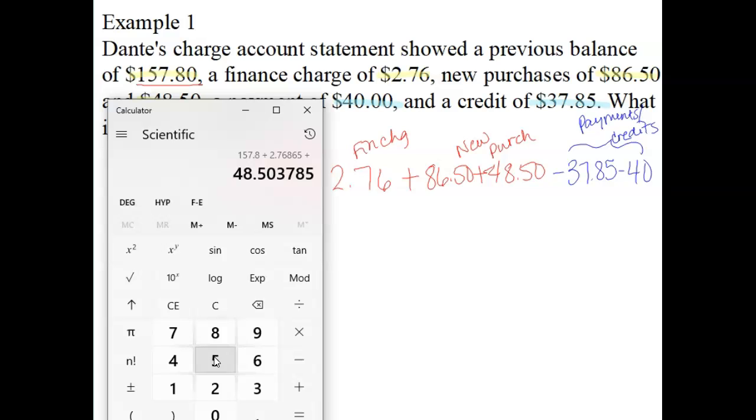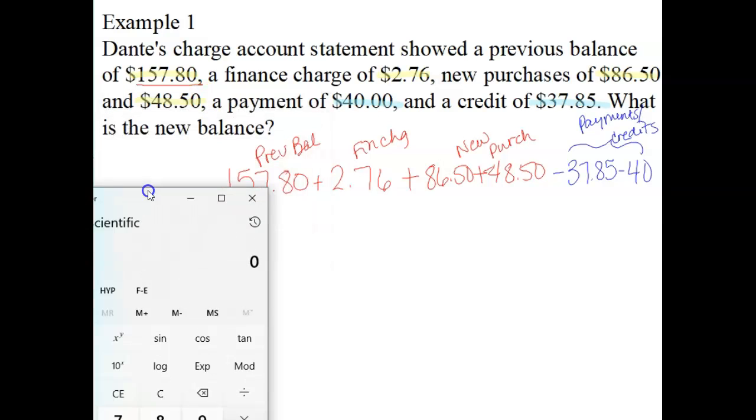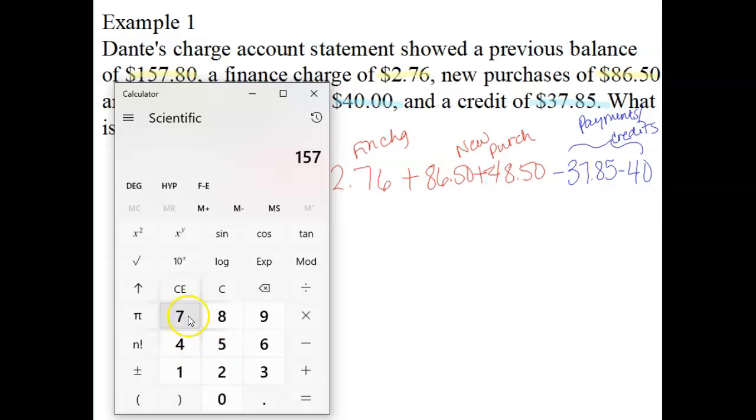Whew, that did not go well, did it? Let's try this again. All right, so 157.80 plus 2.76 plus 86.50 plus 48.50 minus the 37.85 and then minus the 40. And so the new balance for this would be 217